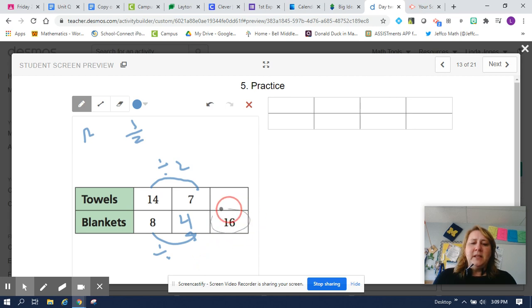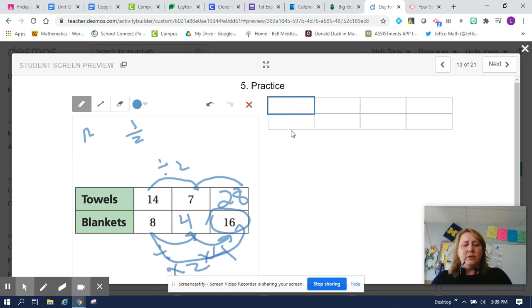Now I've got to get up to 16. What can I do to these numbers to get to 16? I see a couple different patterns. I could multiply by 4, because 4 times 4 is 16, or I could multiply the 8 times 2, whatever you prefer. If I do 7 times 4, I get 28. Also, if I do 14 times 2, I also get 28. So my answers here are towels